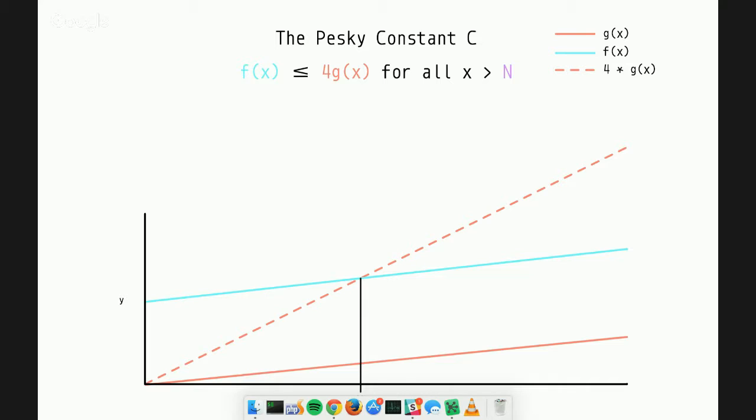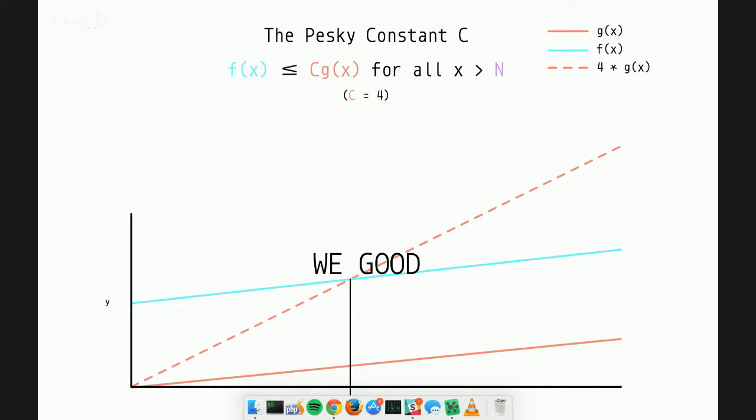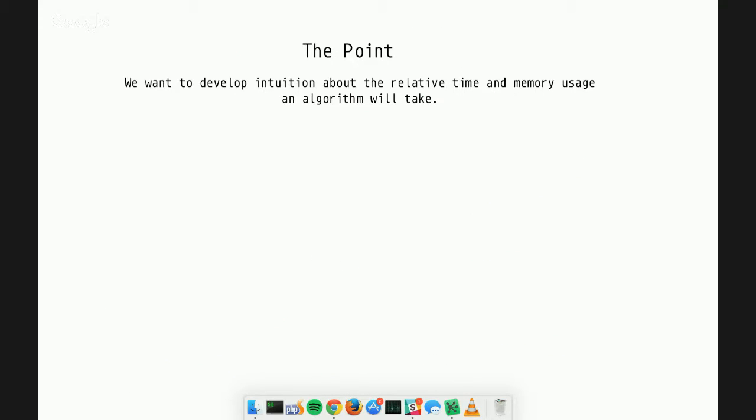And that's kind of why we need that constant. We need to know if 2 functions are linear and they grow at relatively the same rate, we want to consider them to be semi-equivalent in this sense. Like we want to say that f of x is big O of g of x if they're both linear, or if they're both quadratic, and so on. So yeah, we're good. All we have to do is substitute c for 4, and we've got this graph, and now we have all of our bases covered. F of x is big O of g of x.